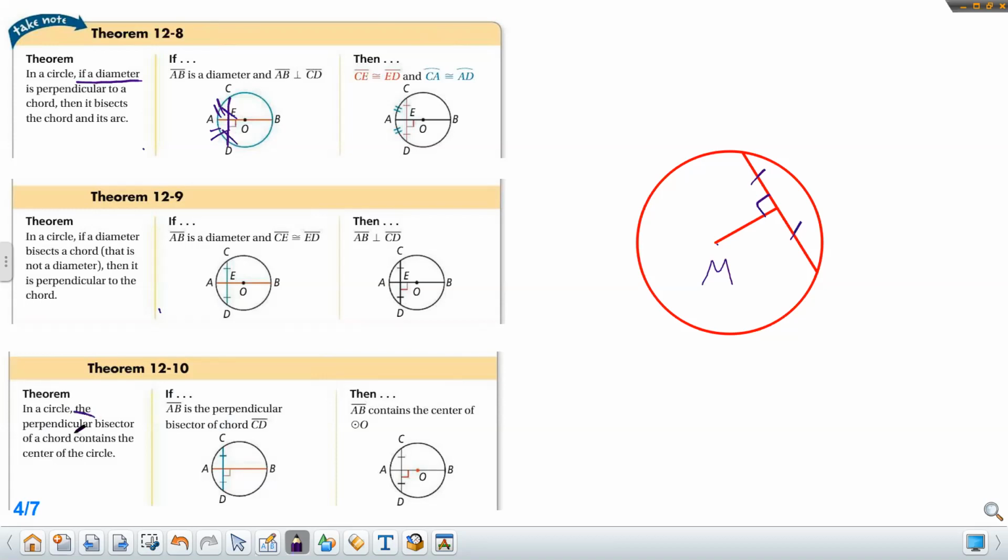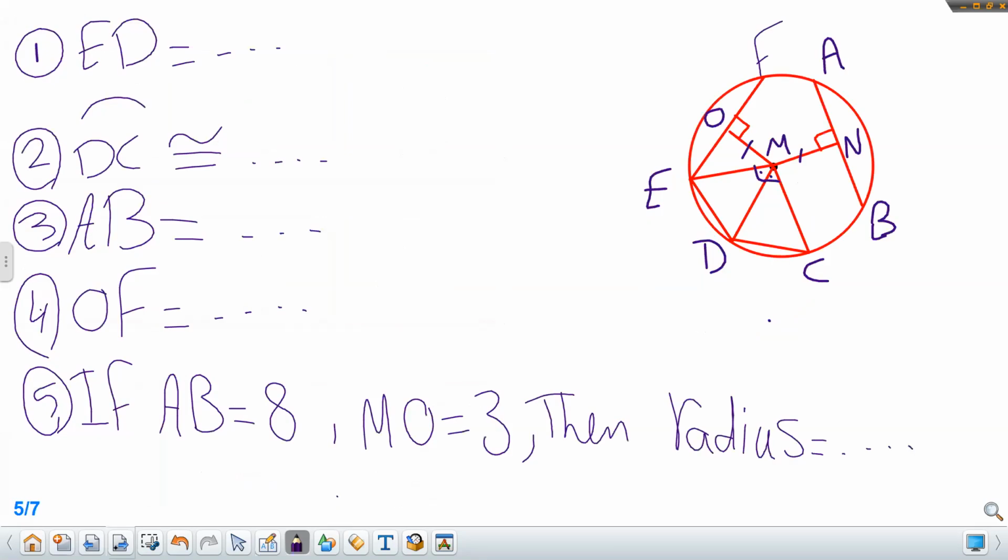And the perpendicular bisector of a chord contains the center of the circle. So if AB is a perpendicular bisector of the chord CD, it will pass through the center of this circle. For example,